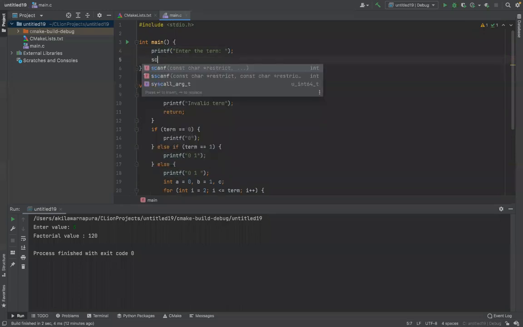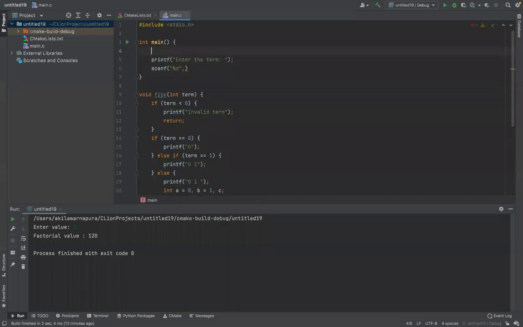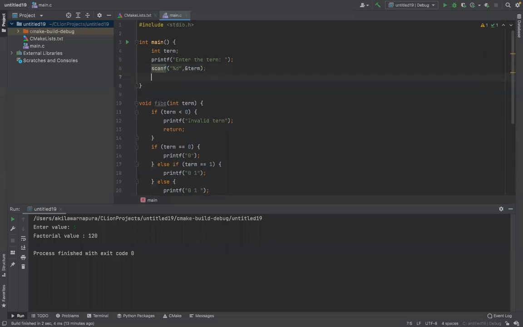And scanf %d, declare a variable, int term or something, and scan the term. Okay, then you can print the Fibonacci series, call the Fibo